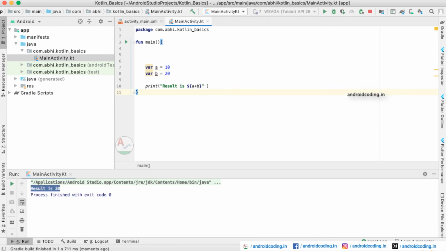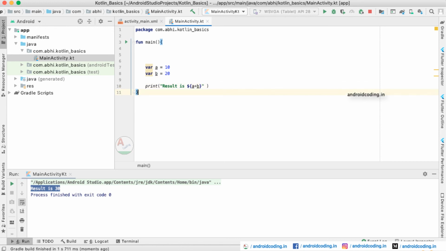The point I want to insist on is that for values to be printed, you need to use curly braces, provide the data inside, and provide a dollar symbol before it.